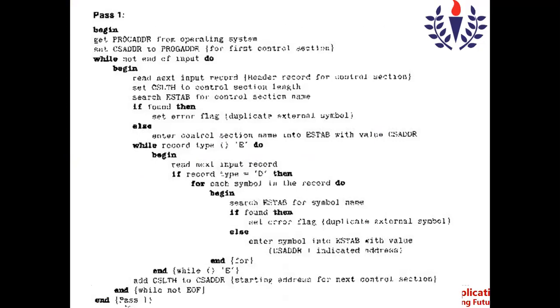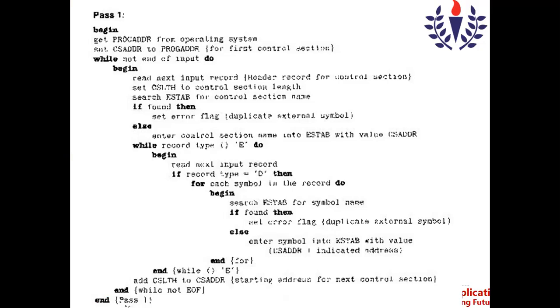This procedure is now repeated for the next control section also. So this is the end of the file and the end of pass one. This is how the linking loader will process the pass one algorithm. The source program is given to the assembler. The assembler creates the object program.